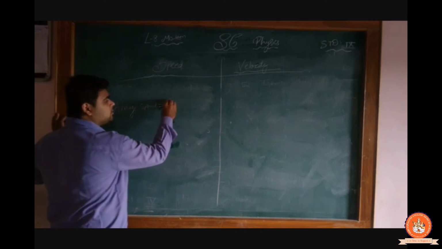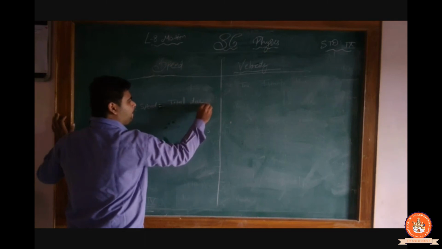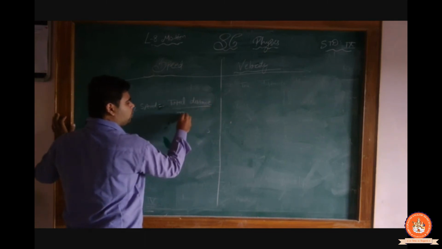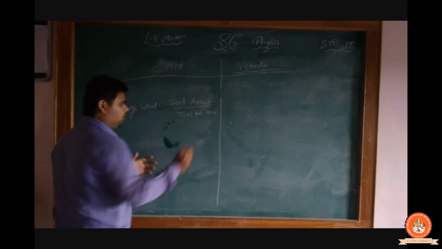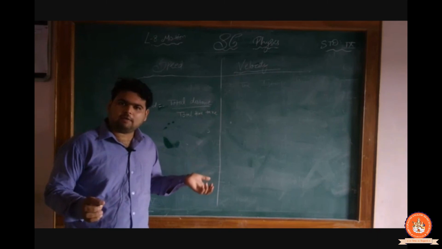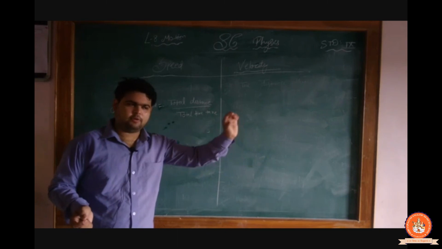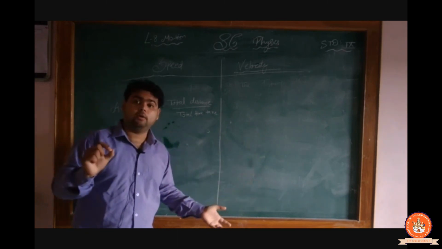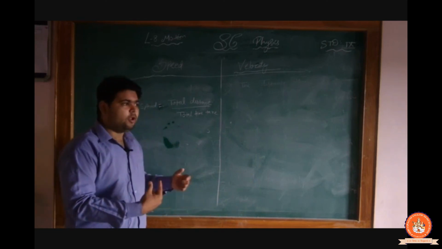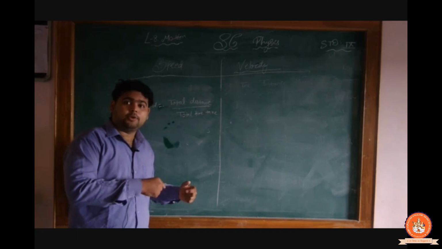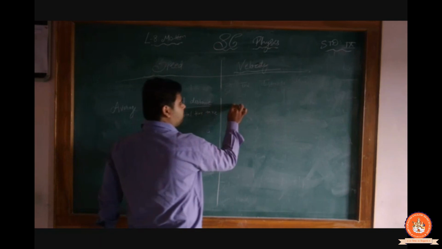So it's simple. Average speed means total distance upon total time taken. How much the person traveled from the initial position to the final position, whichever way they went, even if a bridge was broken and they went around. So it means the total path covered by the object upon how much time they take to reach from one place to another. Clear?